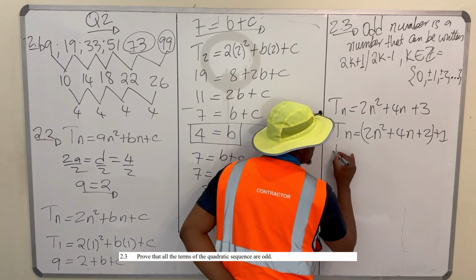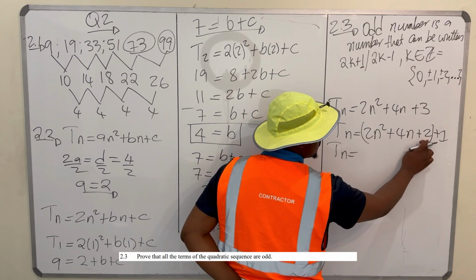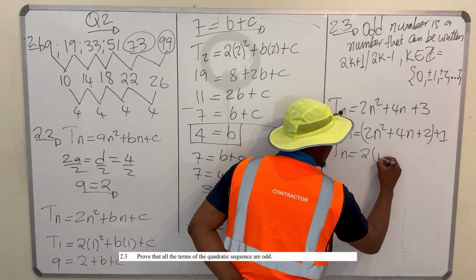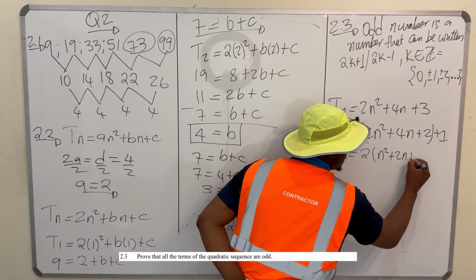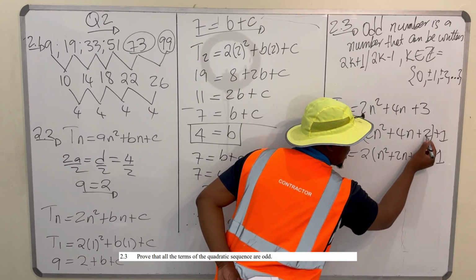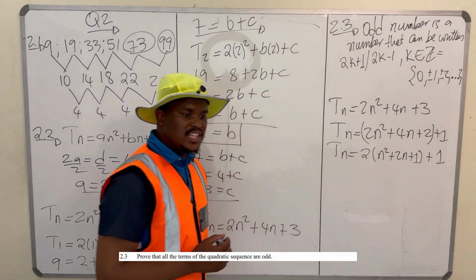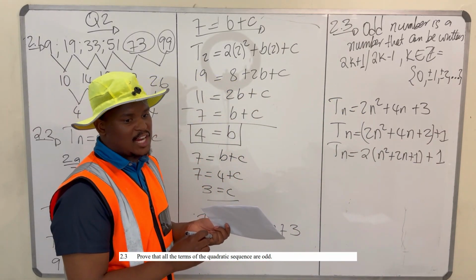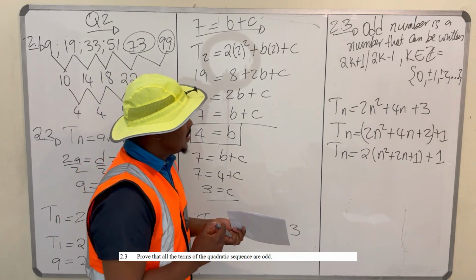Then your Tn is equal to, take out the common factor which is 2: 2 into n squared plus 2n plus 1, plus that 1 there. This 1 comes from taking the common factor out of these 3 inside that trinomial. Then,